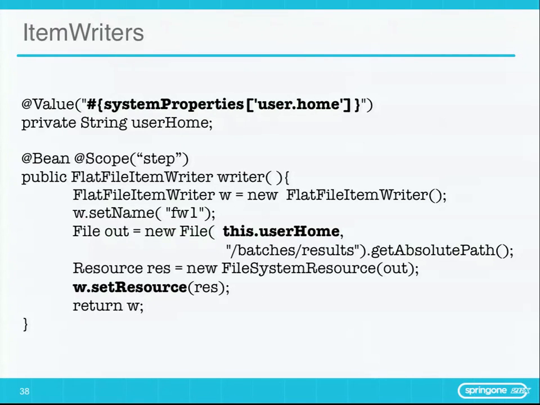If you define your bean in Spring and you give it a scope of type step, then that writer will be recreated each time you get to that step that needs to write. This gives you the chance to take in job parameters and consume them. So here I'm actually injecting the user home, and then if I had a parameter in the writer method itself, I can actually specify a value from the job parameters itself, like the file name that I want to write out to, for example.